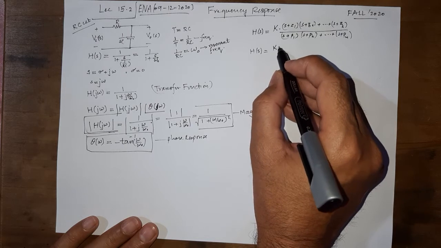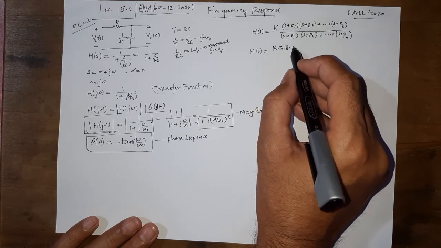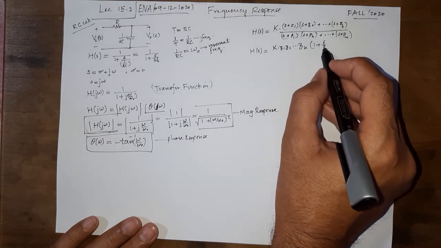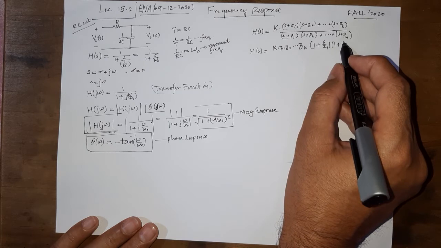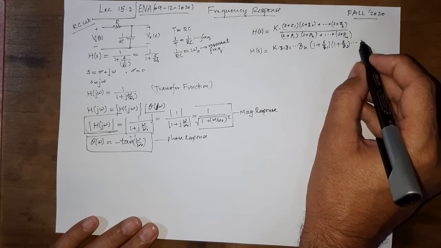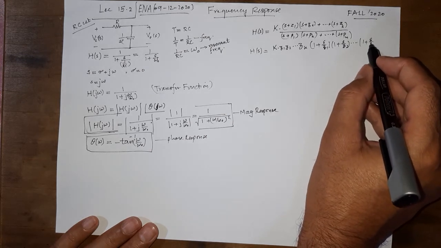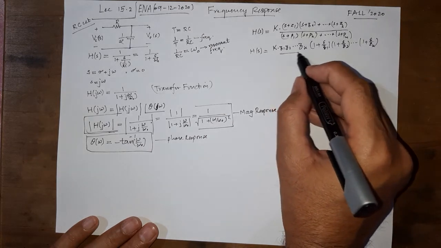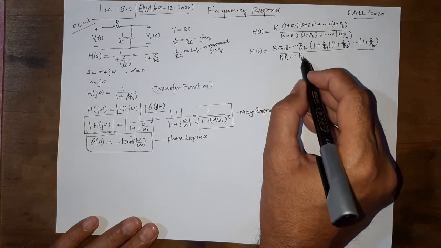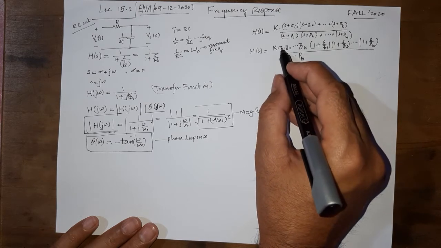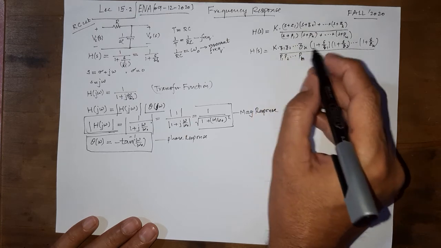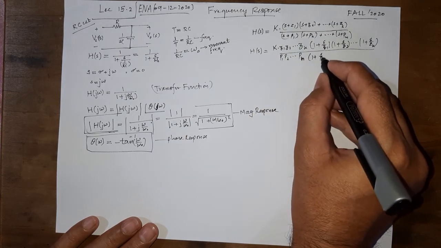So we are going to get K multiplied by z1 z2 ... zk, and the terms would then become (1 + s/z1)(1 + s/z2) ... (1 + s/zk) divided by p1 multiplied by p2 and so on. Remember that these are all constants, z1, z2, p1, p2 etc., and this K. So all of these multiply to become a constant